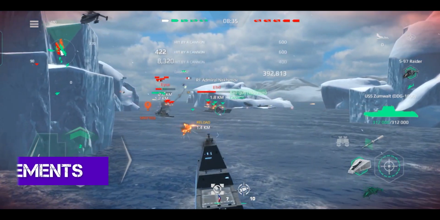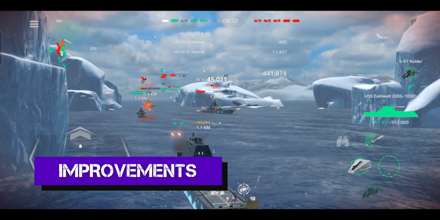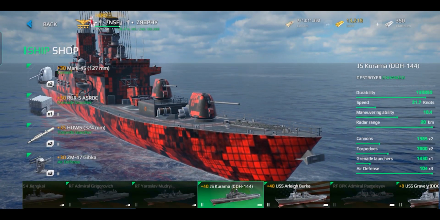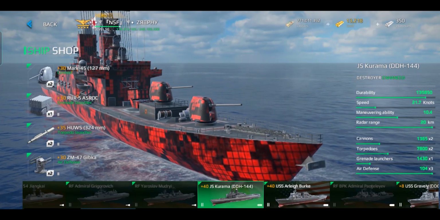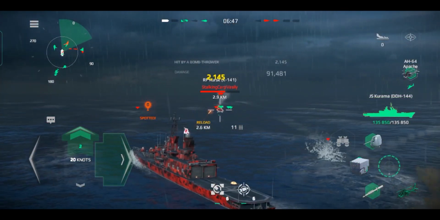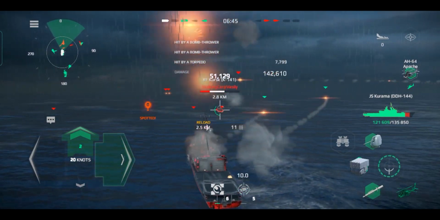Next to the things that I'll talk about are the improved weapons and ships. First, I really liked the improvement of JS Karama. The addition of 1 more torpedo on Karama made the ship a nightmare for submarines. It is now one of the ships which submarines must not underestimate, especially if it is used by a high-level